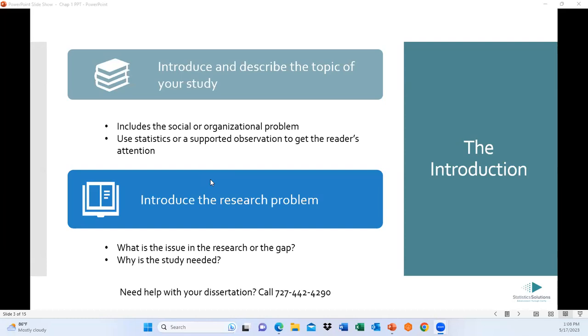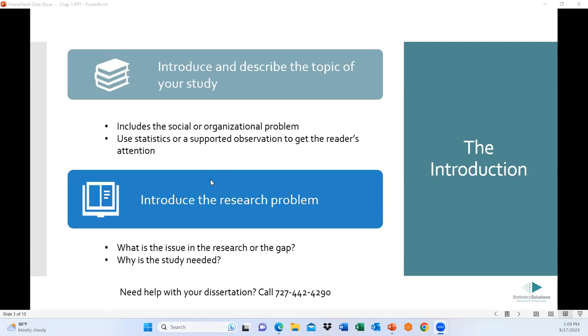Introduce the research problem too. So it's not just a social problem, right? We have special education teachers leaving at record numbers, but what is the research problem too? Because that's part of what's going to be driving your study. What do we know about research in this field already, and what don't we know? So you're going to want to include that in the introduction too. You mention your research problem, and you're going to dig into that later and flesh it out more.